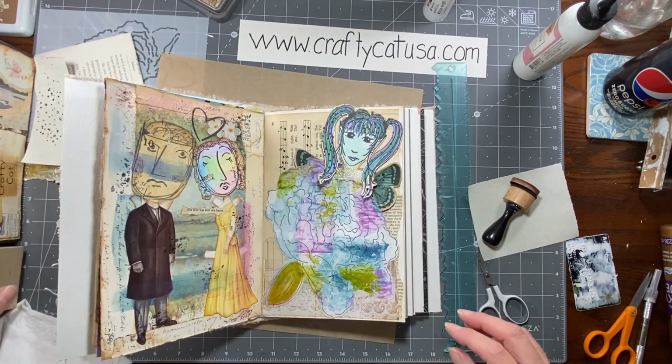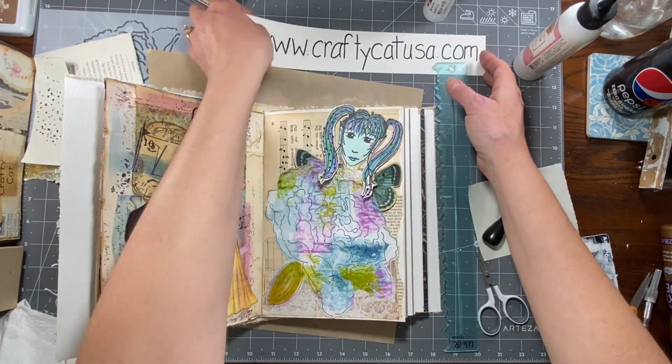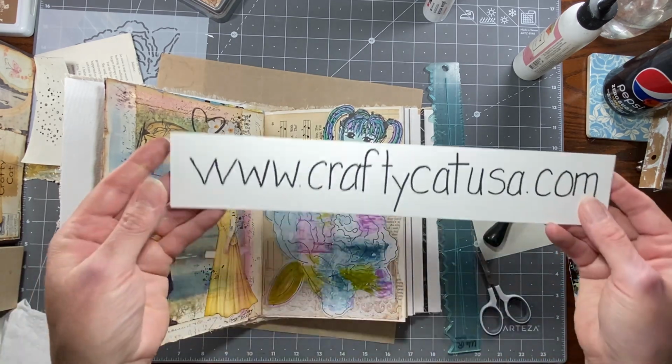But anyway, if you like the stencil or the fairy, she's in the Funky Art Dolls, and the stencil, this one comes with a daisy. It's at